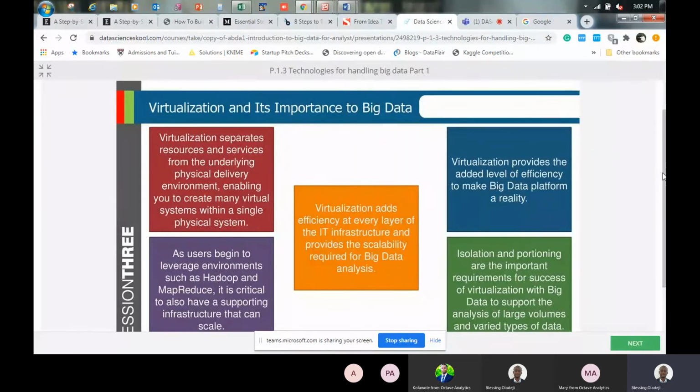The next one is isolation. Each of those partitions is isolated from the other. So if Mr. A said that he had to restart a server, because that server is isolated, even though it's on the same physical infrastructure, it's isolated from other virtual servers on that same infrastructure. So when he restarted it, he did not have to restart all the other servers. He did not have to call people to say, guys, I want to restart my server now, because it's isolated from the rest of them.